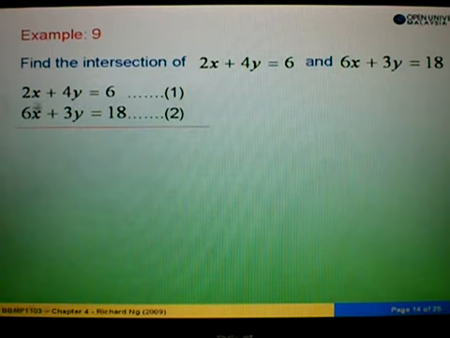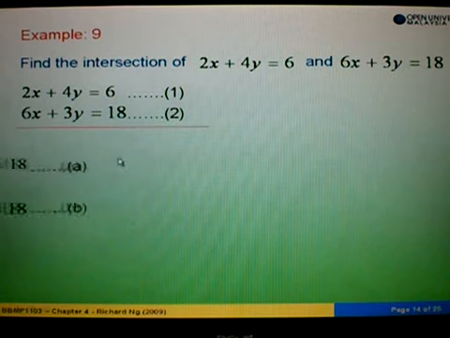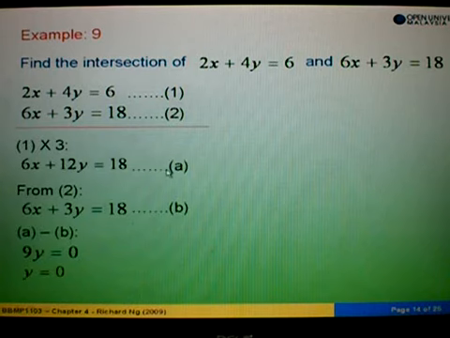So what we need to do is to determine whether to get rid of x or to get rid of y. So in this example, we will multiply the first equation by 3 in order to make the y term equal to 12. Alright? So in this case, we have equation 1 times 3, so 2 times 3 will give us 6x, 4 times